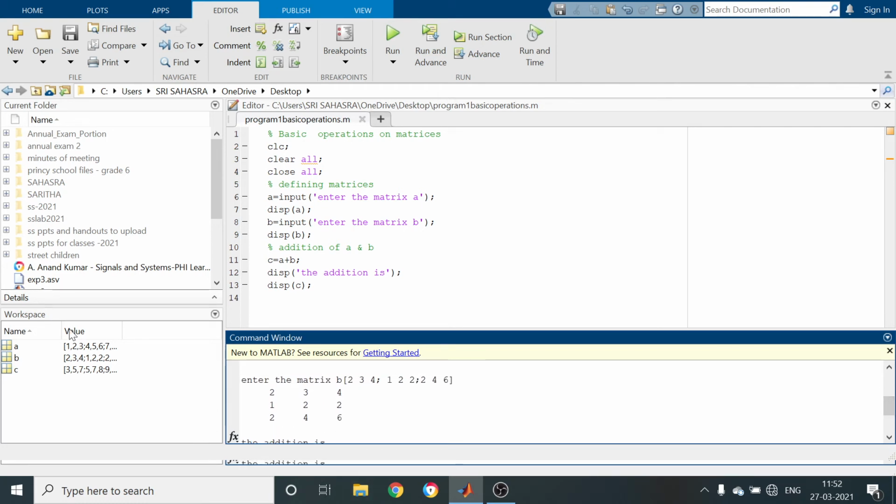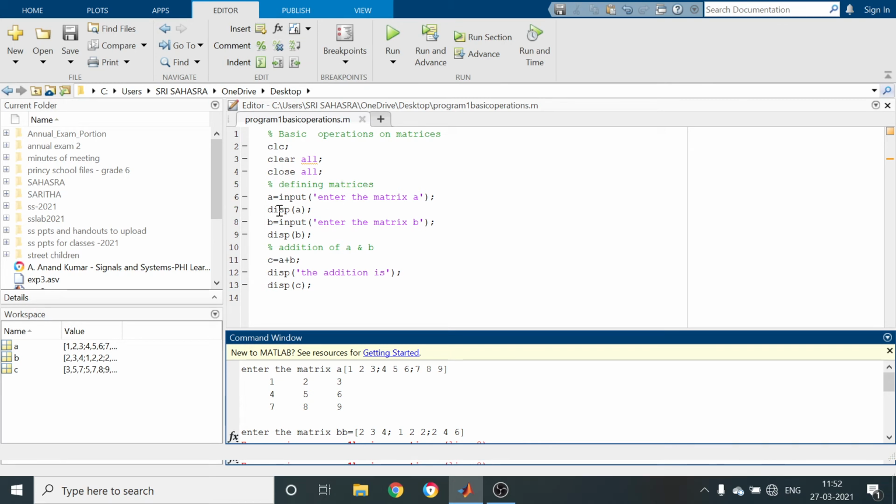Here you are going to get: enter the matrix. The data is cleared. I will explain step by step. First the MATLAB software runs the first sentence, which is not common, so it leaves it as is. Next one, clc, clears the command window previous data, and clear all means the workspace previous data is cleared. Close all means figure windows previously opened are closed.